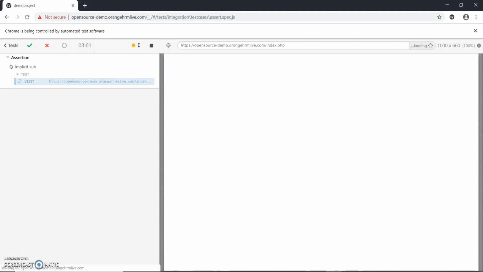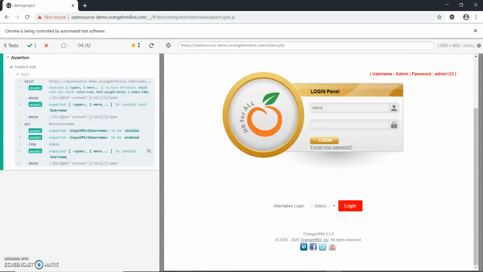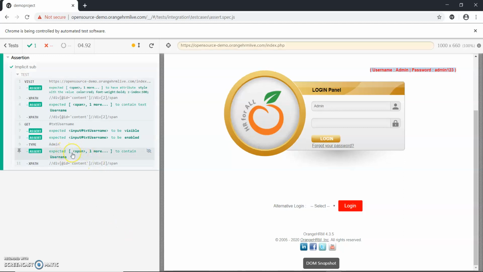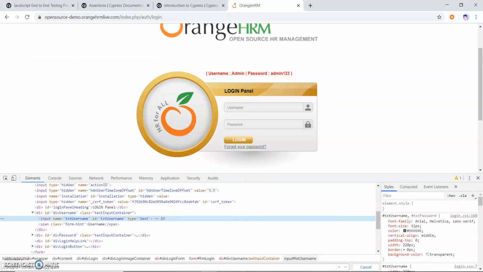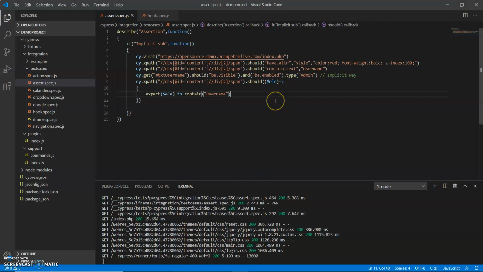So yes, it is loading the application currently, and you can see that my third expect has also passed. So this is the way for explicit assertion.